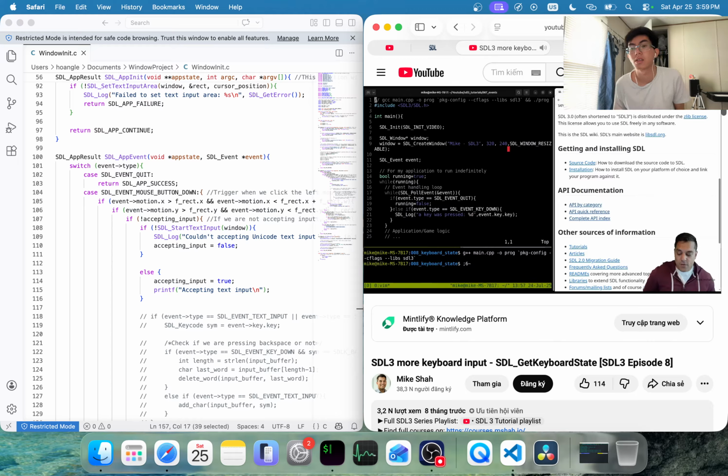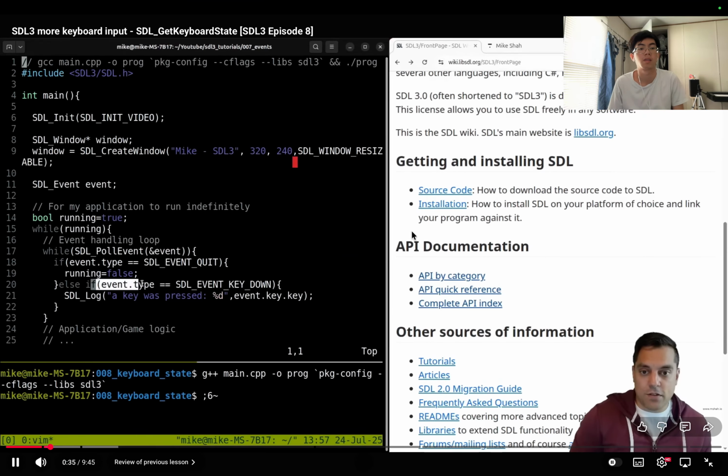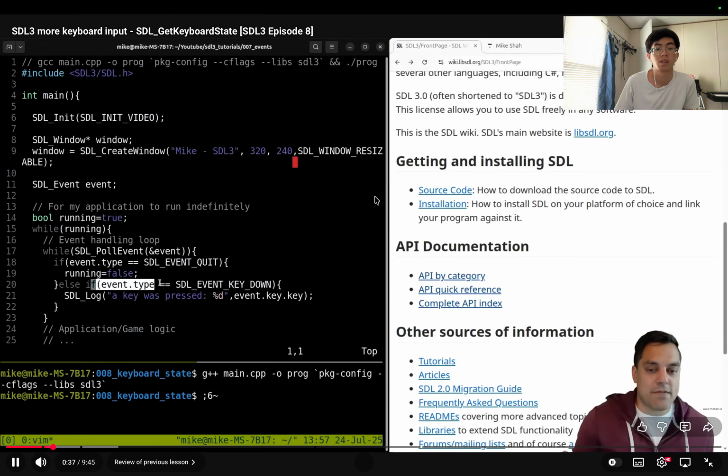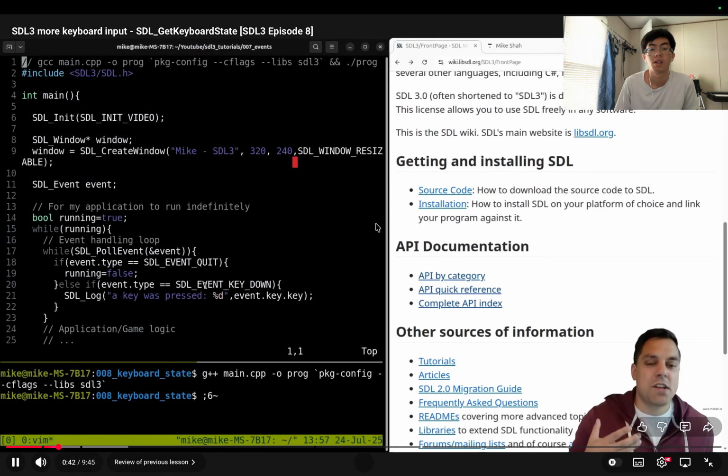Now, in the previous video, we learned about the event loop, which is for handling events, and then we learned about querying the different event types that happen, and whether keys were pressed. And I mentioned that, well, if you want to see if two keys